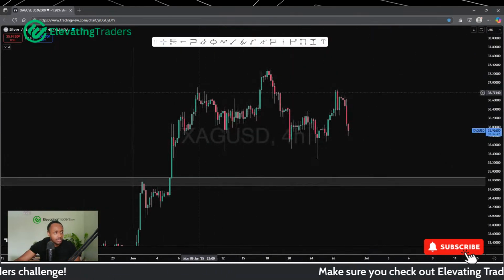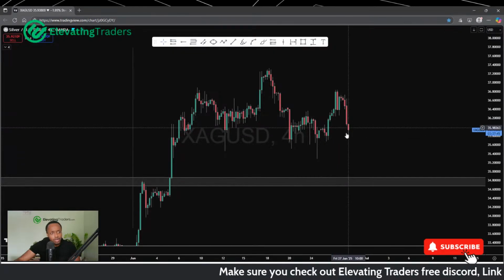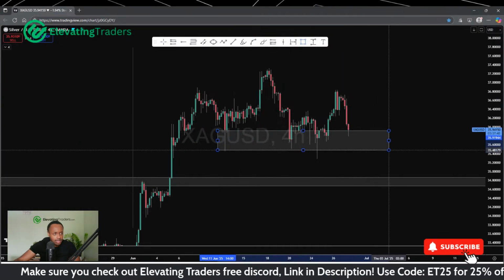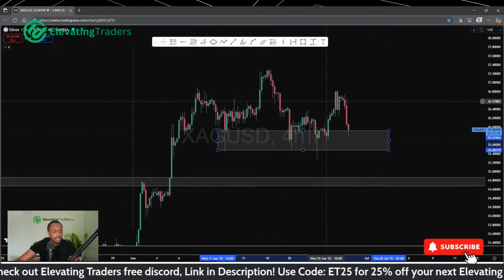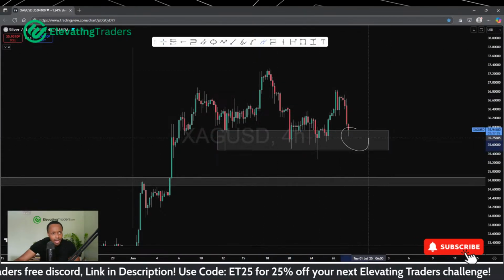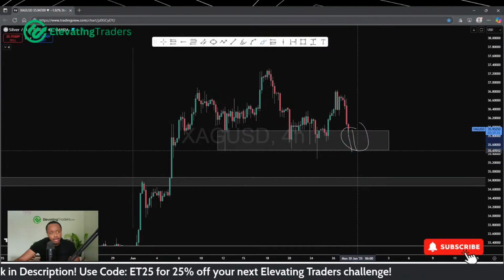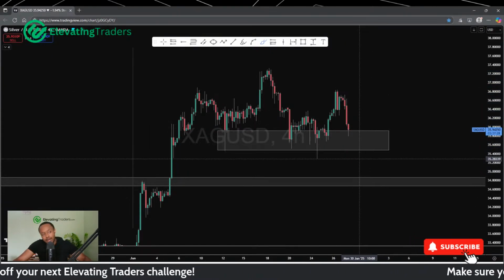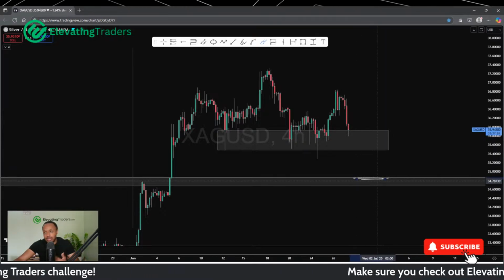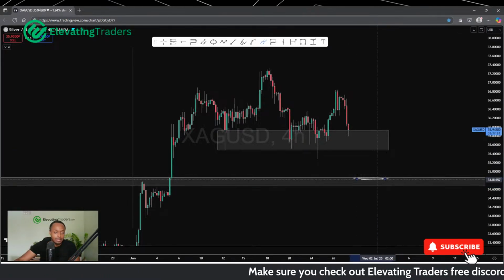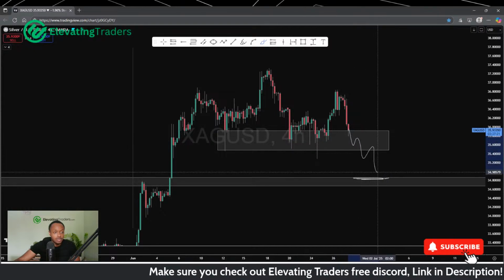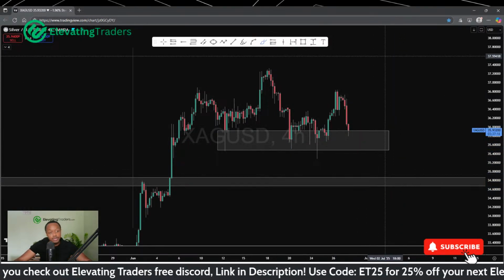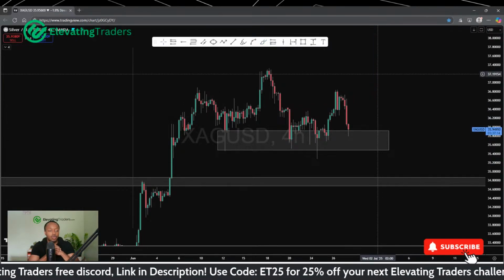I think that rejection is quite significant, so we probably could see a bit more downside off the back of this. I know this is a pretty strong level of support. There's been a lot of wick rejections here. I would keep an eye to see how we operate here. Maybe if you do provide some more wicks, maybe price does find support and rally again. But again, I would expect this to be the more significant level. So this is where I would want to position myself long from. So I'm kind of hoping to see price break that area and then react with that 34.8 level. Then yeah, hopefully you can find some buys there for silver as well.